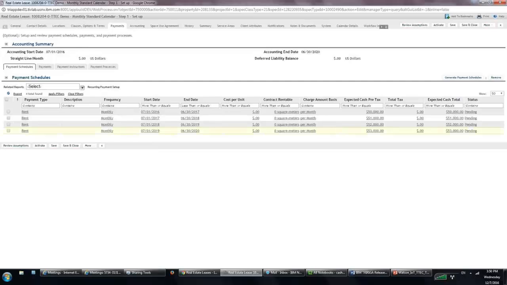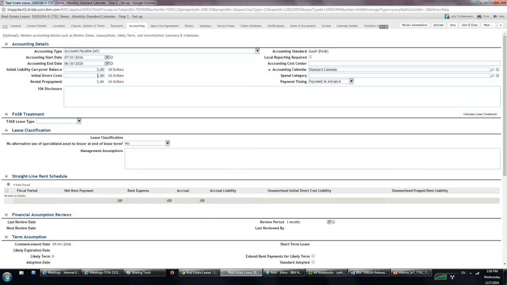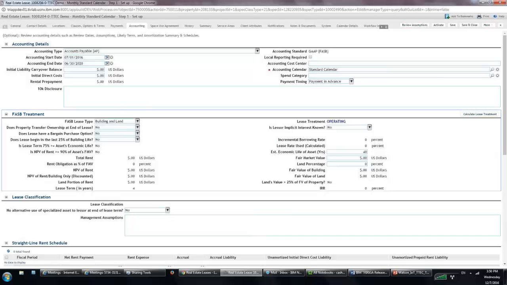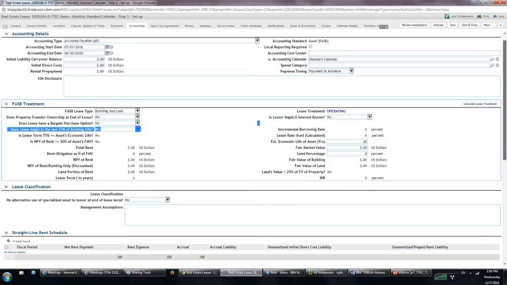I X out of this. I have all my payment schedules generated. I go on to the accounting tab. My accounting start and end date is as defaulted from commencement date and expiration date. I'm not going to change that. Changing the FASB type to building and land. Now you can choose, by default it is operating, but you can choose it to be, for the sake of this demo,